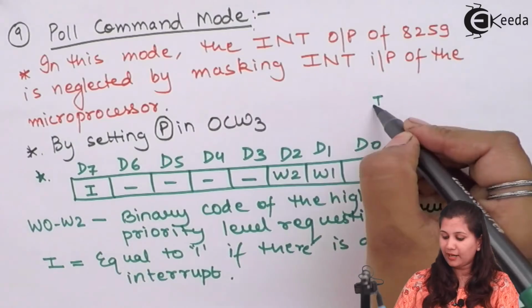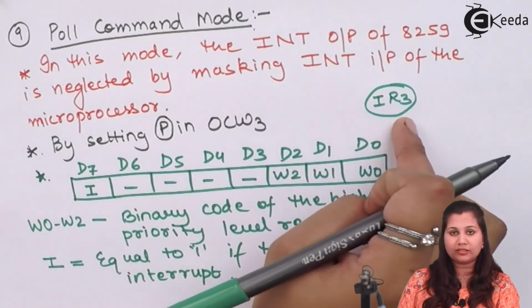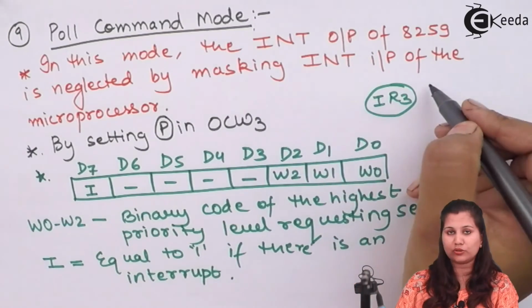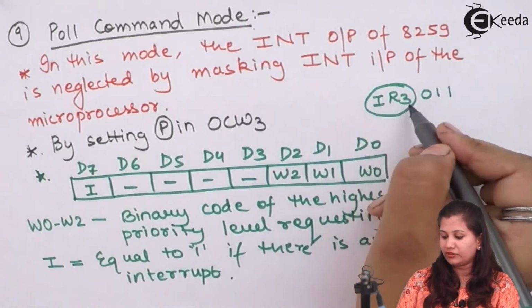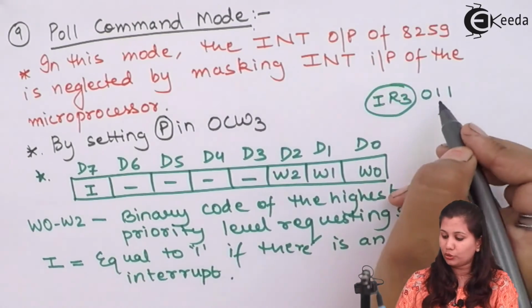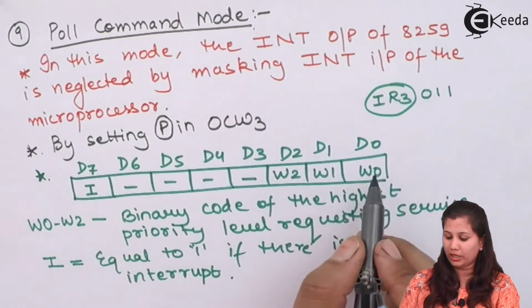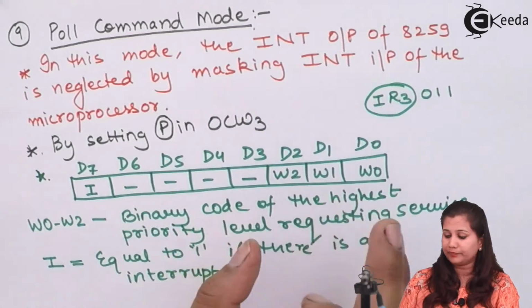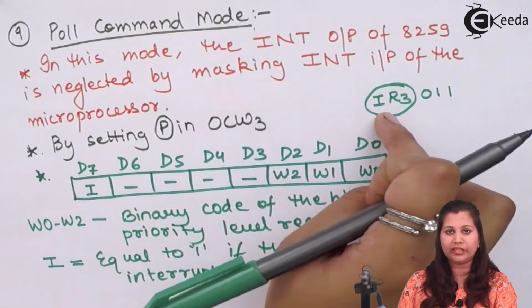Suppose IR3 is being generated. For IR3, we have the request codes 000, 001, 010, and 011, so for IR3 we have 011. This code will be given here, 011. Through this command word, this control word, the microprocessor will get to know that the IR3 interrupt request